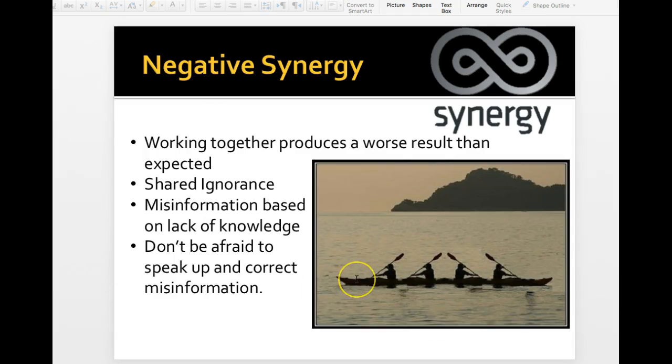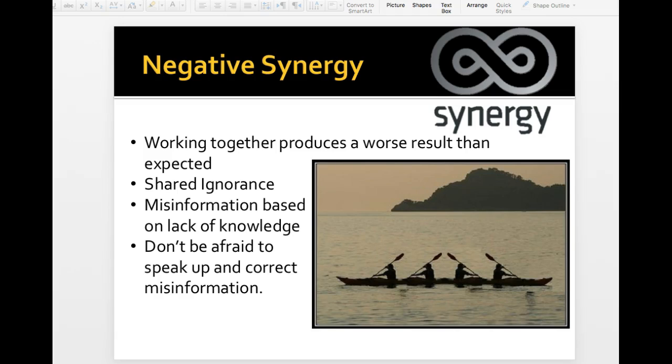There can be negative synergy. So when you get together, the product is worse than the individuals would do by themselves. I've seen this before in groups. The group test is lower than all the individual tests. It means when you get together, the climate and the energy between the group is negative and it's pulling the group down. It could be based on misinformation, it could be that someone led them down a wrong path, but ultimately, groups can have negative or positive synergy depending on how they're working together as a group.